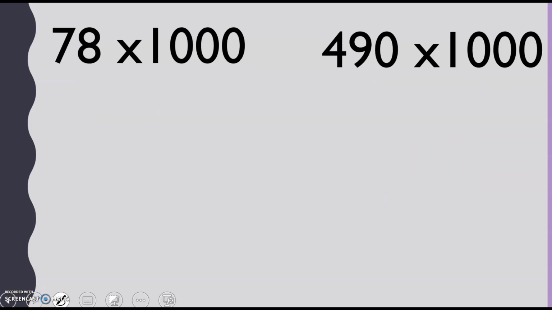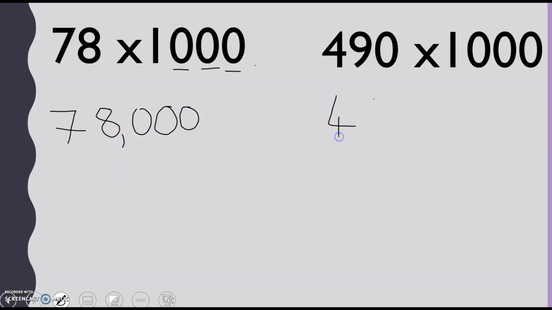Really quickly then, if our rule for 10 was to put 1 zero, our rule for 100 was to put 2 zeros, 1000 has 3 zeros at the end, so we are just going to add 3 zeros to the end of our whole number. So for our first example here, 78, and then I want my 3 zeros, 1, 2, 3, to give me 78,000. This time I'm starting with 490. When I times by 1000, I need to add another 1, 2, 3 zeros onto the end. So 1, 2, 3, and that gives me